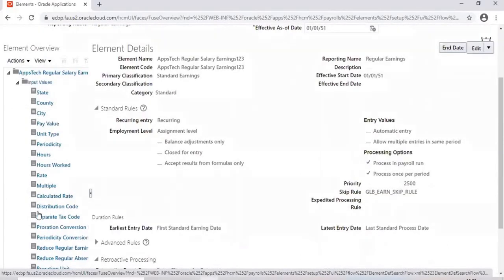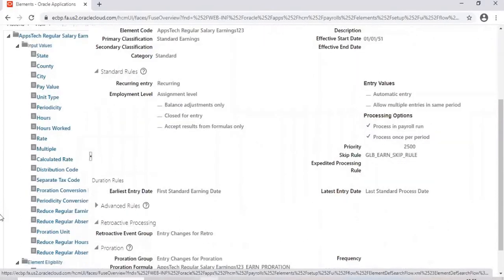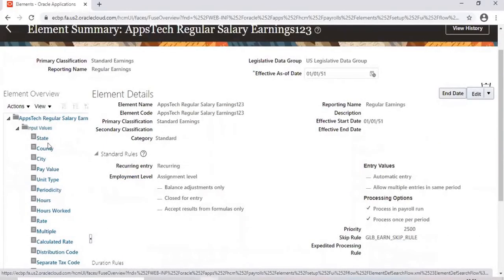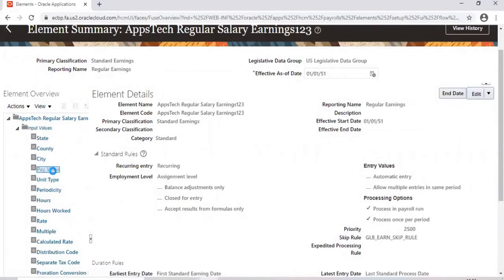Here we have all the input values predefined. So whatever input value you want to go for costing, you have to select the corresponding input value. Suppose whatever amount we are paying, I want that to be costed. Select that input value.